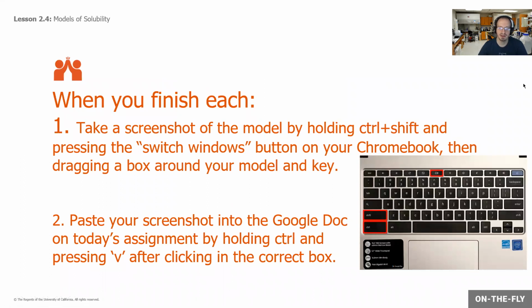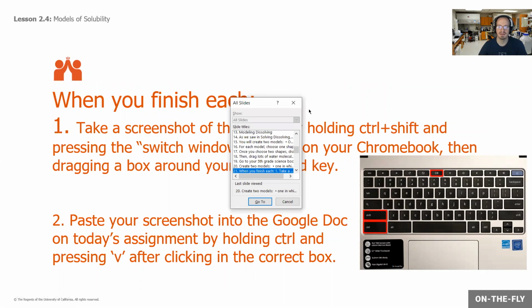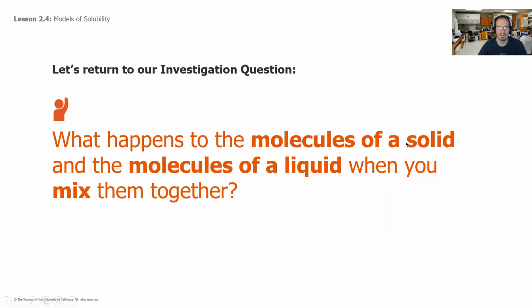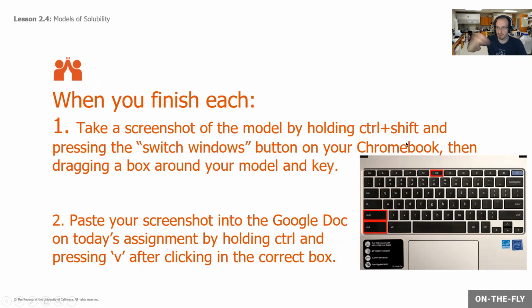And the way you do that is by holding down the control button and the shift button at the same time on your Chromebook, and then pressing this button right here, the one that's for switching windows normally. So you're holding control shift and you're pressing that button. That'll come up with something on your screen that looks kind of like this. Let's see if it'll work on mine since I'm not on a Chromebook right now. Okay, never mind. But anyway, it'll come up with a little box that you can drag across your screen,